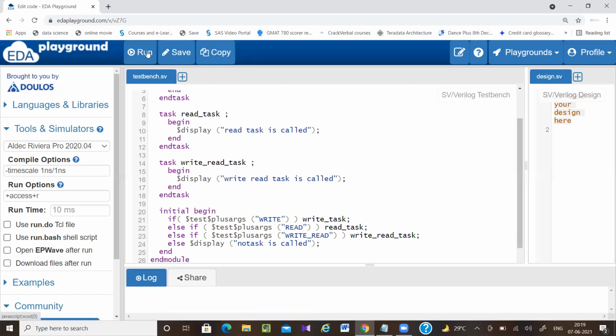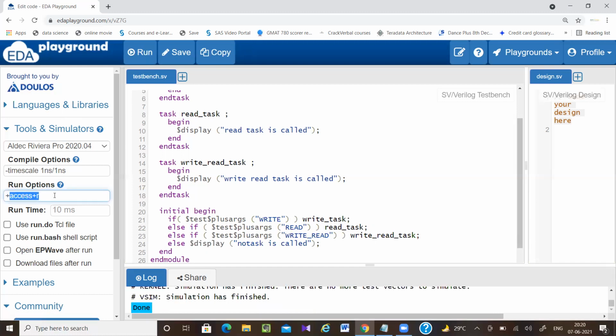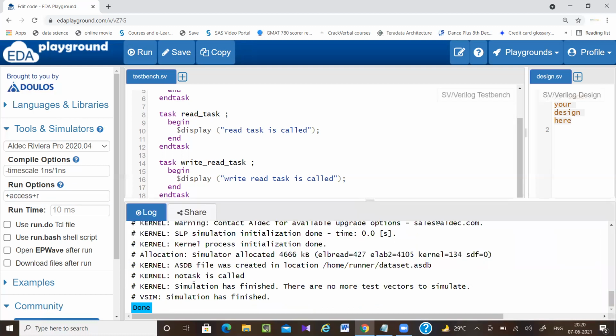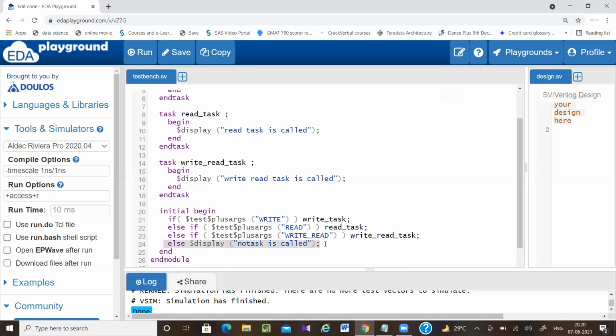Let me run this thing. This is my run command. Here I have not passed any argument, so no task is called, which means this part gets executed.